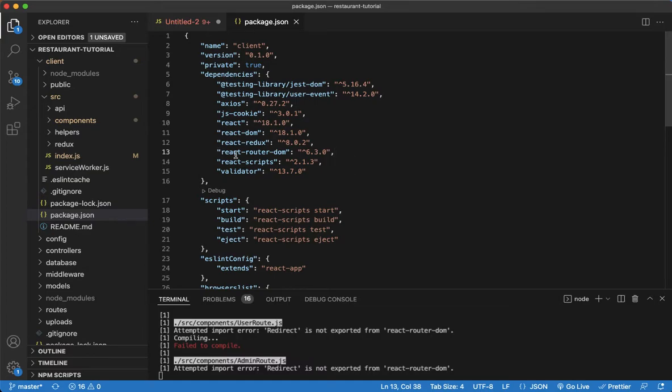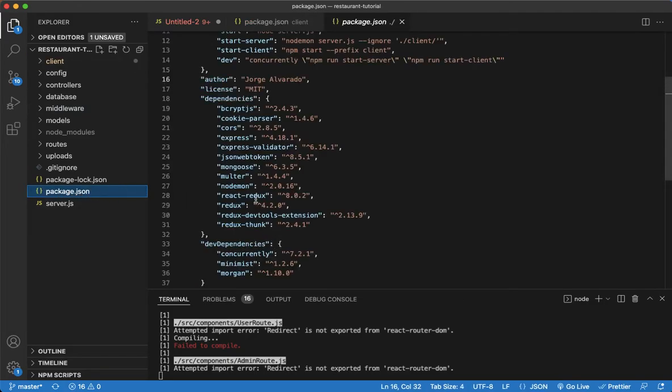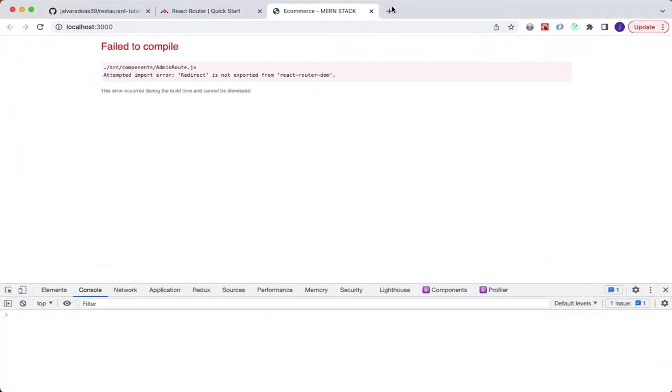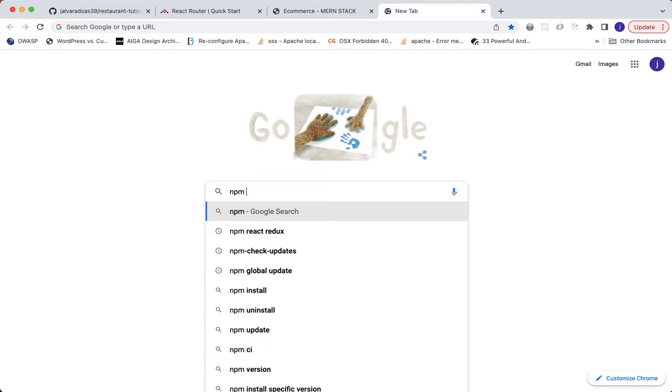So again, if you do your npm package updates, not only on the client side, but also, collapsing this client side folder, we have a package JSON here on the server side. So it's good to update your packages and make sure you're up to date on those versions. But again, make your updates there, and in case you want more information on how to do npm updates,